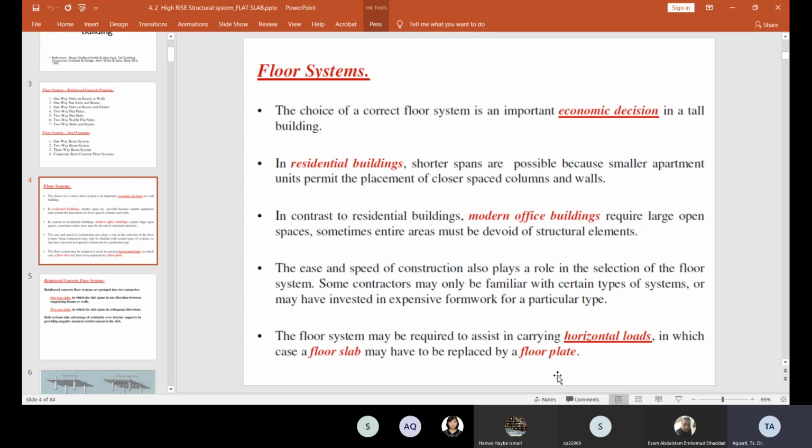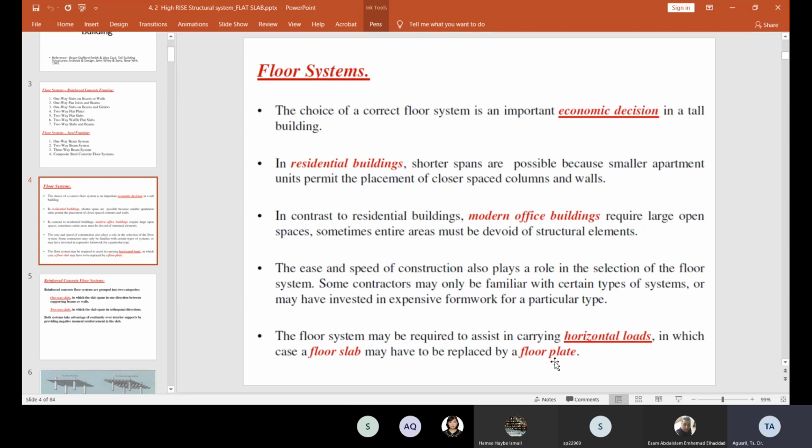Okay, but for the floor plate, they will have the in-plane load. In-plane load means the horizontal load directly will work to the plate, so means to the horizontal plate. So in this floor plate design or membrane design, we need to design to cater for the horizontal load by